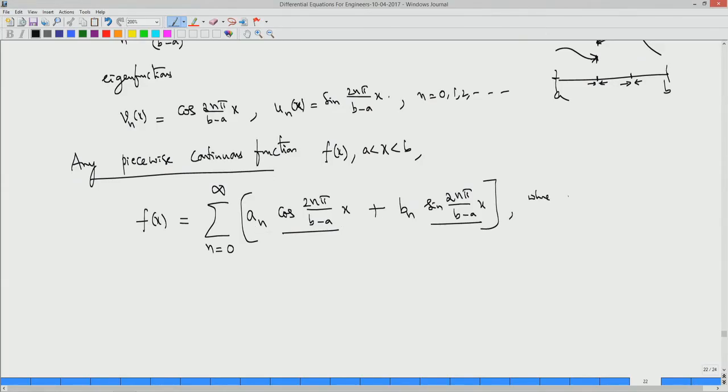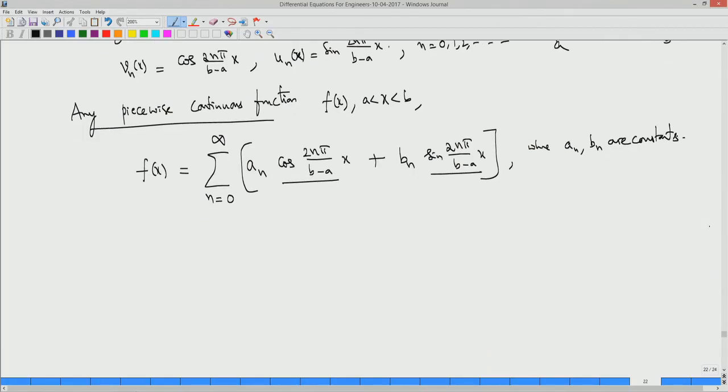Where the a_n's and b_n's are arbitrary constants. How to find these constants? You have the dot product: you can take the dot product of f(x) with cosine, 2nπ/(b−a) x. You integrate, take the dot product; on the left-hand side that will give me, from a to b,